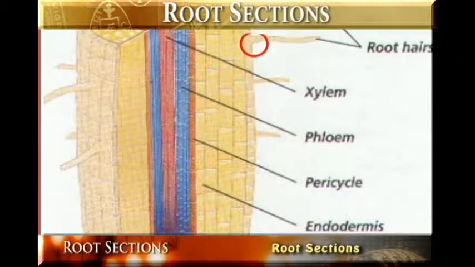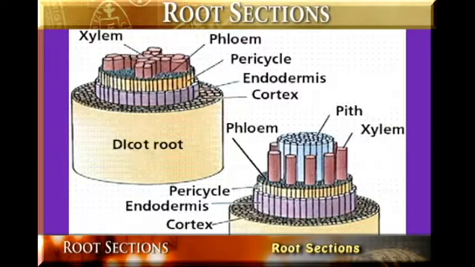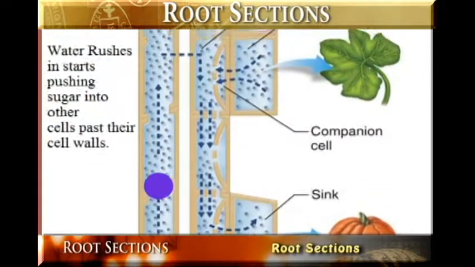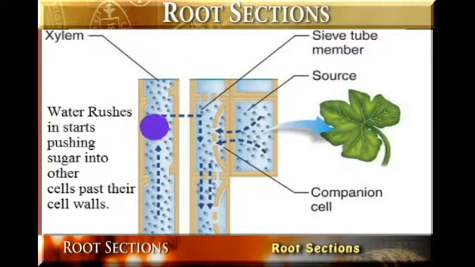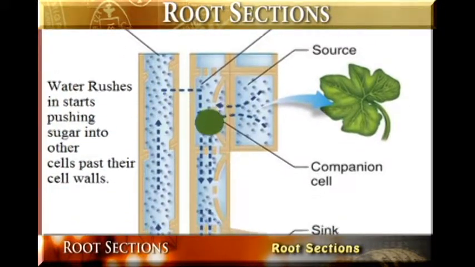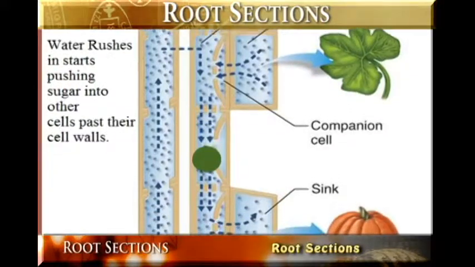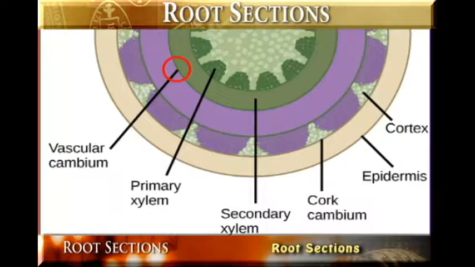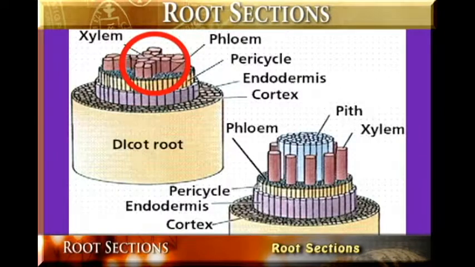Then we have the vascular system, the vascular tissues which are in the middle. We have the xylem, which conducts water from the soil to the upper part of the plant. Then we also have the phloem that conducts manufactured food from the leaves into the root for storage. There is also a cambium that forms between the xylem and the phloem. The xylem is inside and the phloem is outside, and the cambium continuously divides to form the xylem inside and